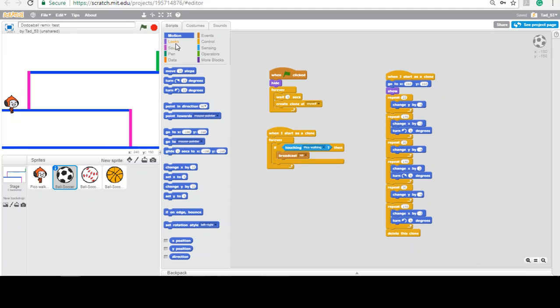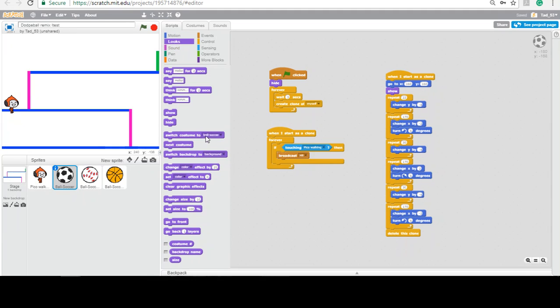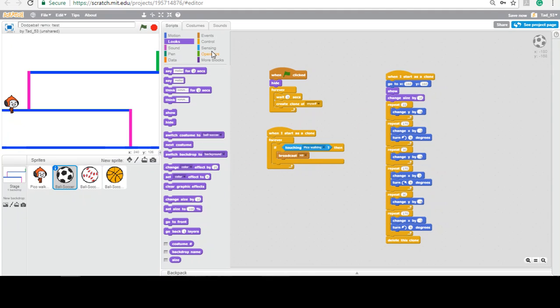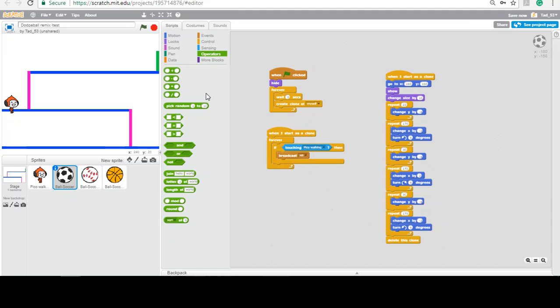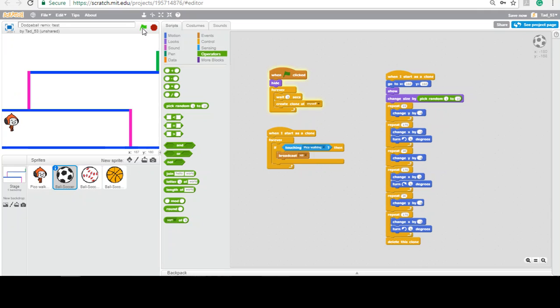But based off the show, we can use the looks tab here, and we can change our size by, and we could do by 10. A nice thing with this is that you can put an operator in and pick random 1 through 10. So based off this, now your soccer ball will show up at a different random size, anything ranging 1 through 10. The basketball and this baseball we haven't quite fixed yet. So actually let me